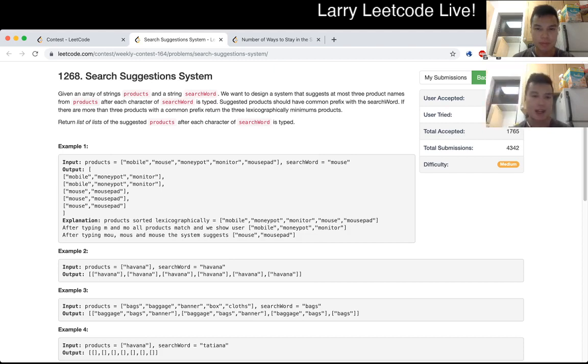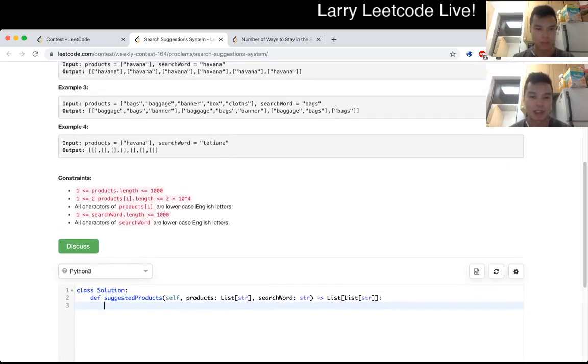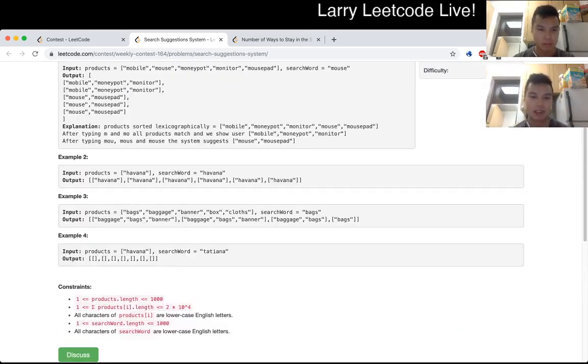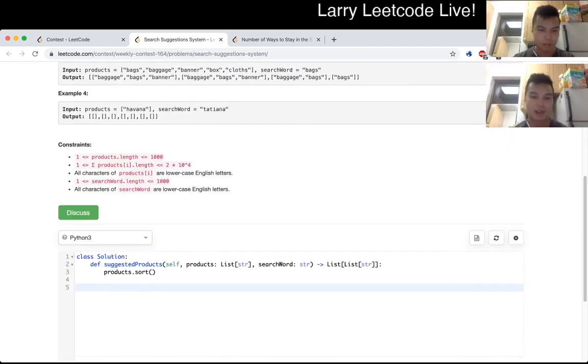And to be honest, I don't know if in a real contest I would have solved it with tries or what I ended up doing, because I think this is a point where knowing that people solve this very quickly became an advantage. I was like, okay, I could do tries, but it would definitely take longer, so I wasn't sure. I knew that the results would have to be sorted, so I just sorted all the products to begin with, and then,